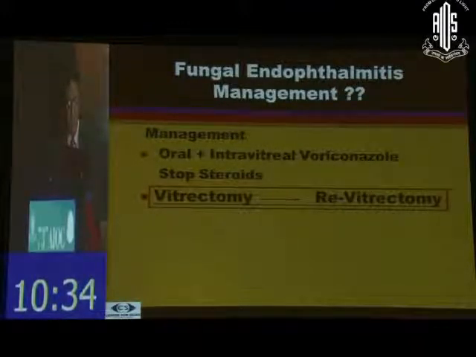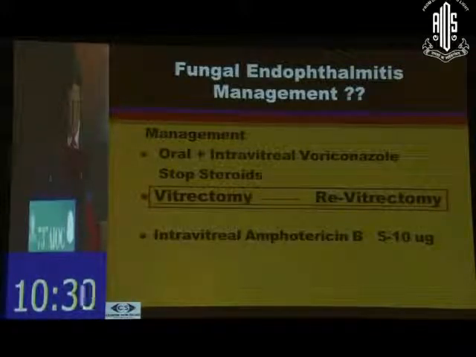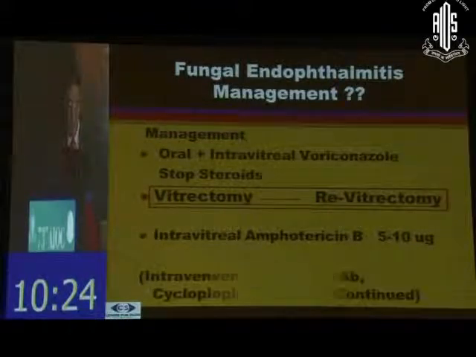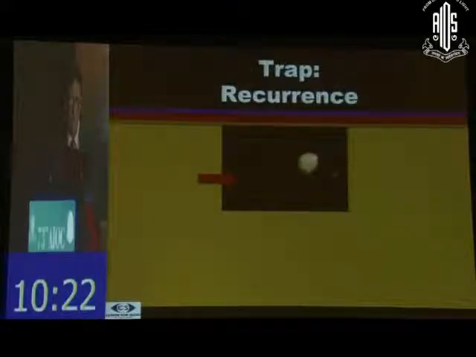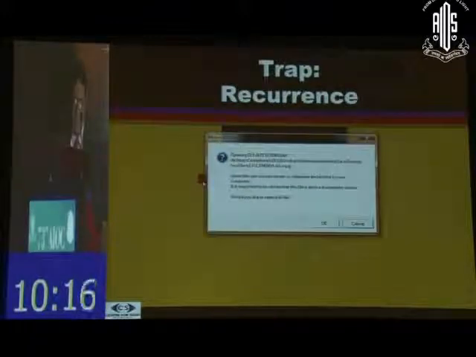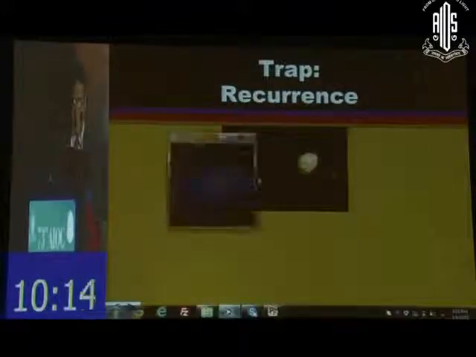What I have seen is that generally multiple vitrectomies, two or three, may be required. And amphotericin B is a salvager in a lot of these eyes of fungal endophthalmitis. This patient had recurrent fungal endophthalmitis. I don't know whether the video will work here or not, but it was primarily because the hyaloid was not peeled. This patient already had multiple vitreous surgeries done. The only thing we did here was to peel the hyaloid.